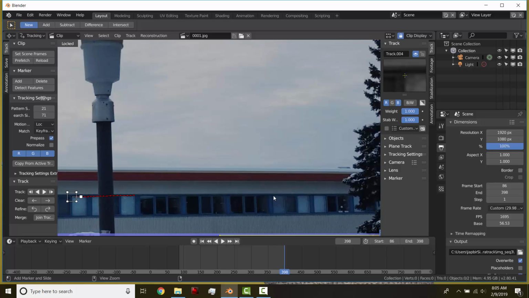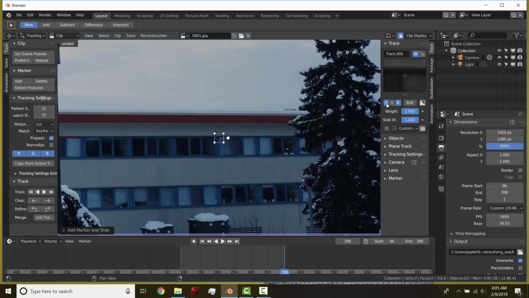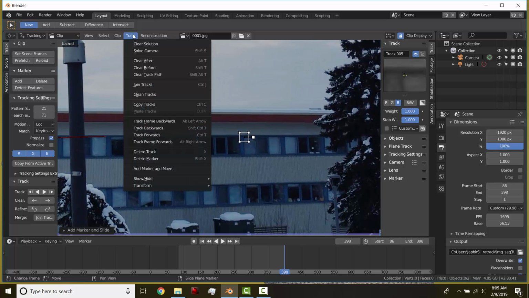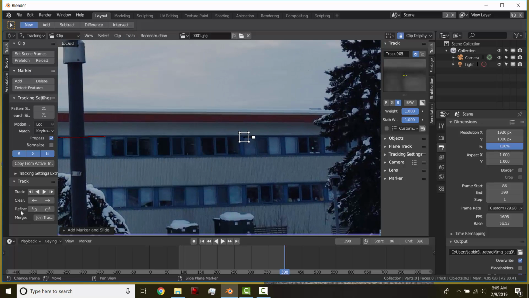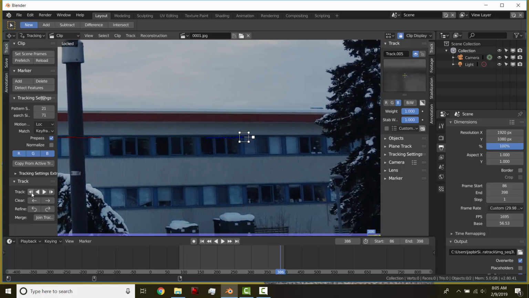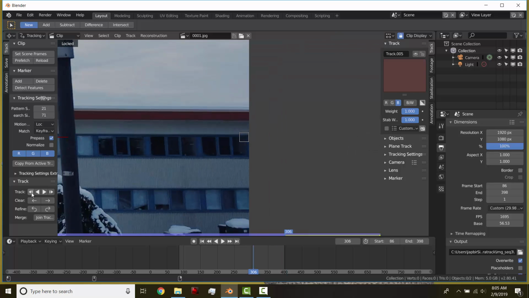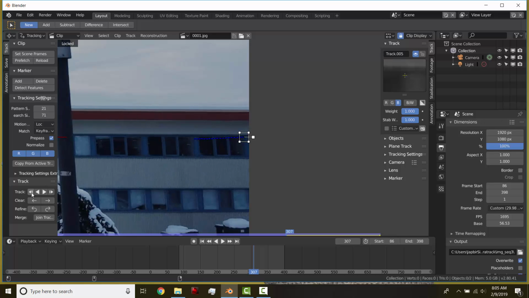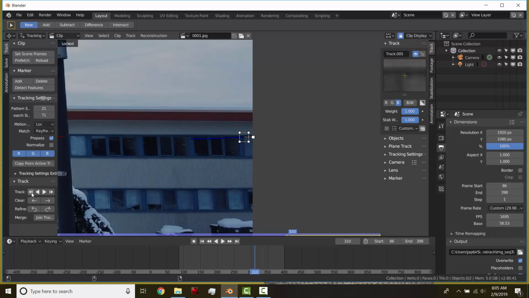maybe right here, and I'll turn off the shortcut to track backwards. You can hit that backwards play button. You can also go frame by frame, which is Alt and the arrow you want to go, or you can hit Control-Shift-T to track backwards. And it's probably gonna notice how it slips